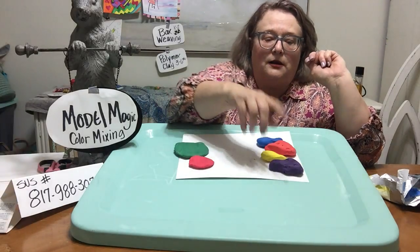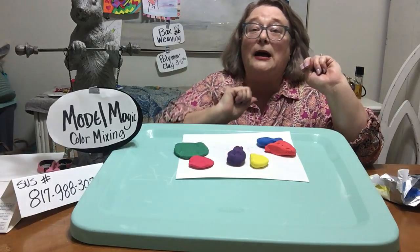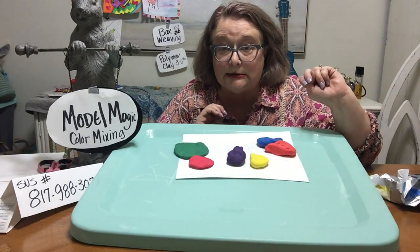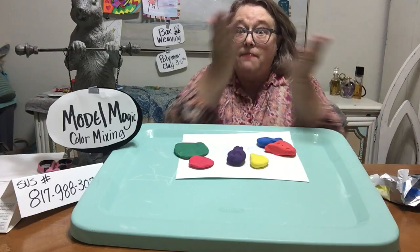So does it work, Miss Susan? Does it work if I do the purple and the yellow? Why, yes, my young scientist, it does. Stare at the purple and the yellow for 30 seconds, and then it